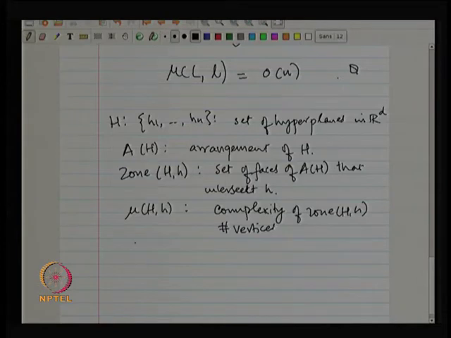And now, since you are talking about d dimensions, let me use two parameters n and d to denote in what dimension we are. Okay. And the theorem is, which I will not prove, it is